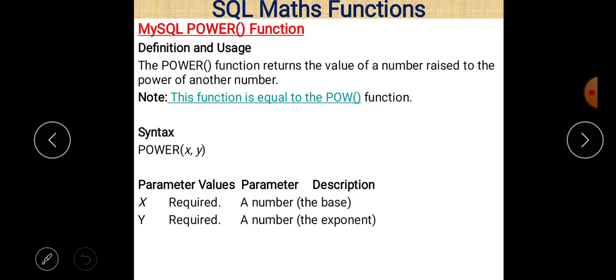And second, the important thing, if you want to perform any calculation using these functions, then these functions should always be used with a select statement. Without a select statement, it is not possible to find out the result using these functions.